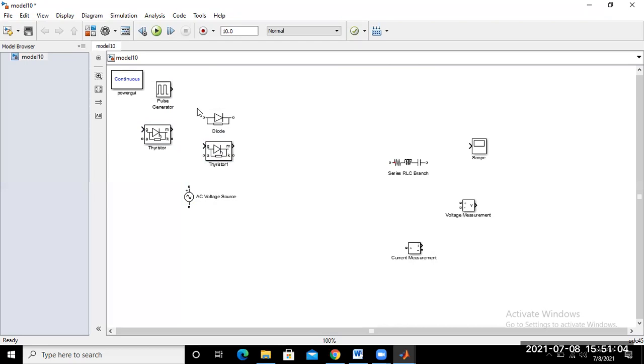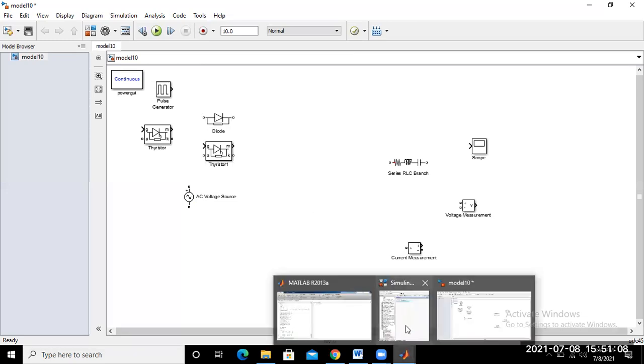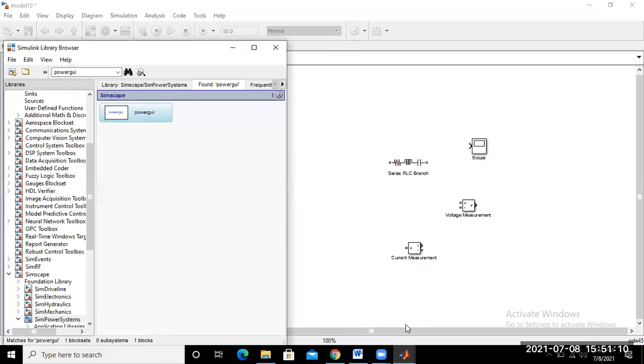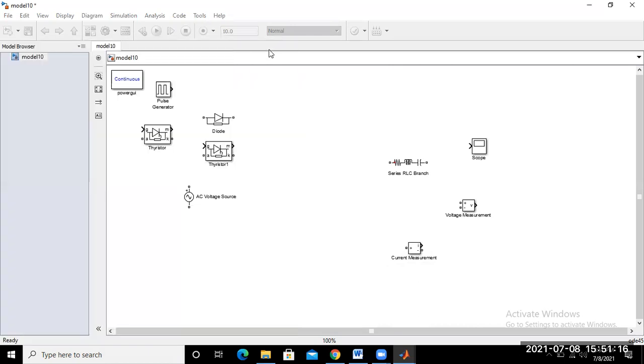Again go to the Simulink library and drag from there. That's complicated, sir, so leave it. Okay, fine. Just follow this one: again double click and drag to the left point. One SCR is already here, so create another diode.